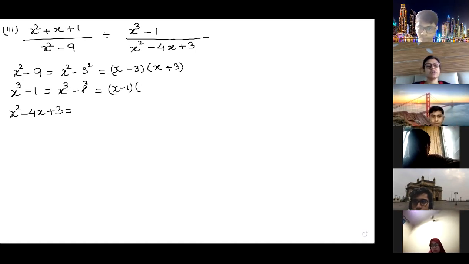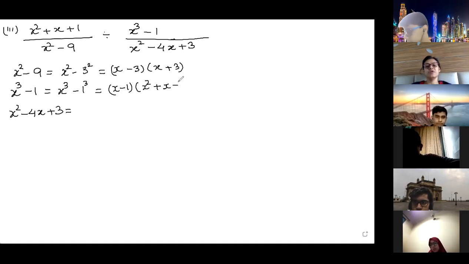Okay. So x minus 1 then? x square minus x plus... here, x. So here it will be all plus. You have to remember it that way now. x cube minus 1: a minus b, a square plus ab plus b square, which is 1 plus 1. Now split it.